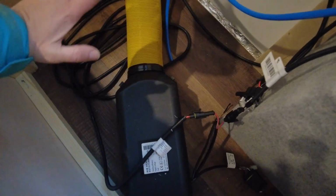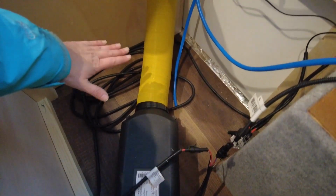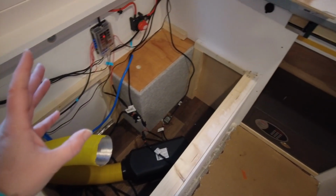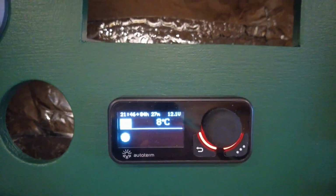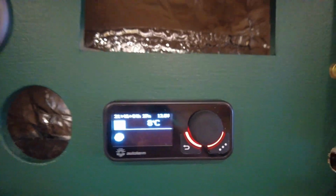So the next thing I'm going to do is build a platform over here, and that will be where the heat exchanger sits for the water tank. This is going to go into that, and then it's going to split. One of them will come out of here, and the other one will go into the hot wash tank, which is going to be here. So I'll do a video on that later once I've got that in. In the meantime, this has gone up from 2 degrees we started on to 8 degrees in about 20 minutes. Pretty happy with that. I think it'll be quite toasty in here,